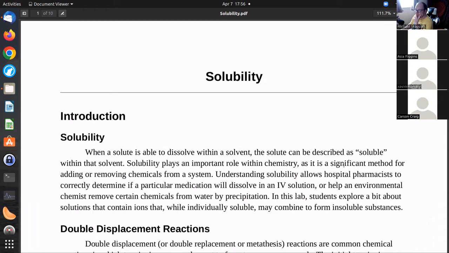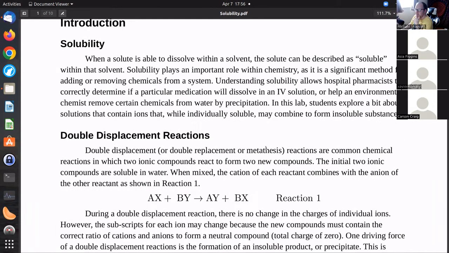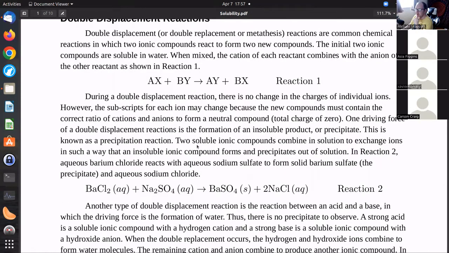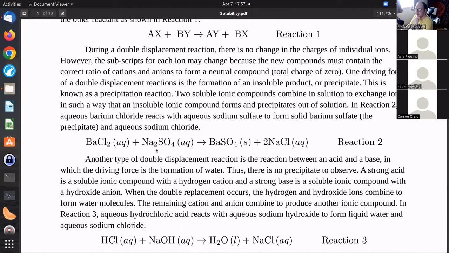So this week is all about solubility, and I go into a whole little introduction here where we talk about this general class of double displacement reactions. I give you guys some examples here, and the real gist of it is we're going to take two things that are soluble, two ionic compounds. We're going to mix them together, and we're going to see the cations and the anions switch, and we're going to result in one or more non-soluble compound